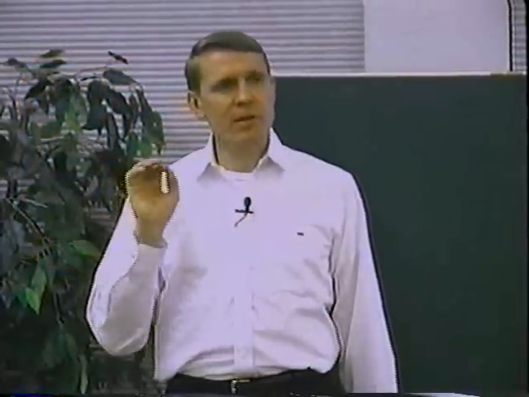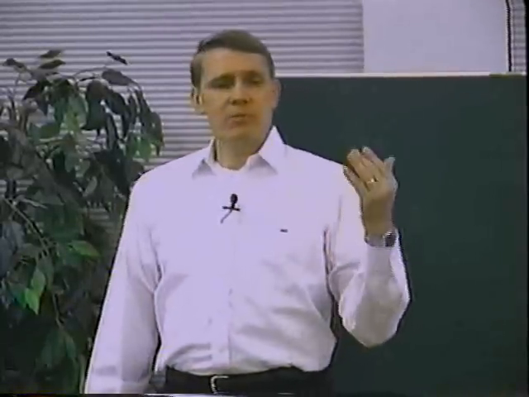There are 26 letters in the English alphabet. Would you agree that all English words are made out of those 26 letters? The little words and the big words, all made from the same 26 letters. Okay? The proteins in your body, you have protein for your fingernails, protein for hair, protein for eyeballs, protein for skin, protein for muscle. All proteins are made from the same 20 amino acids. That's a fact. Look what it says.